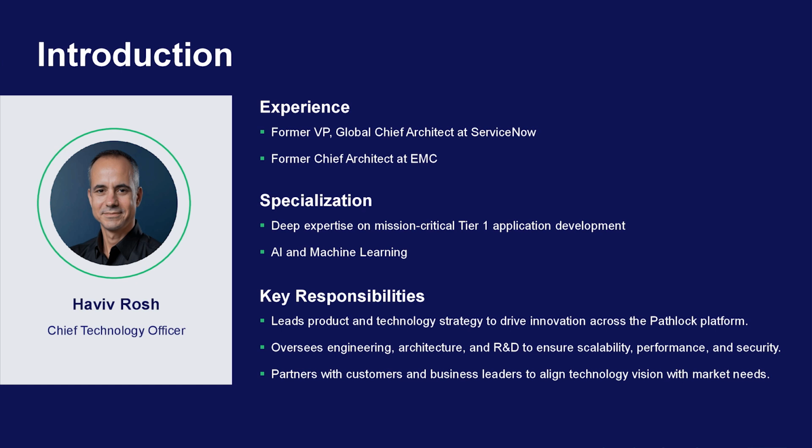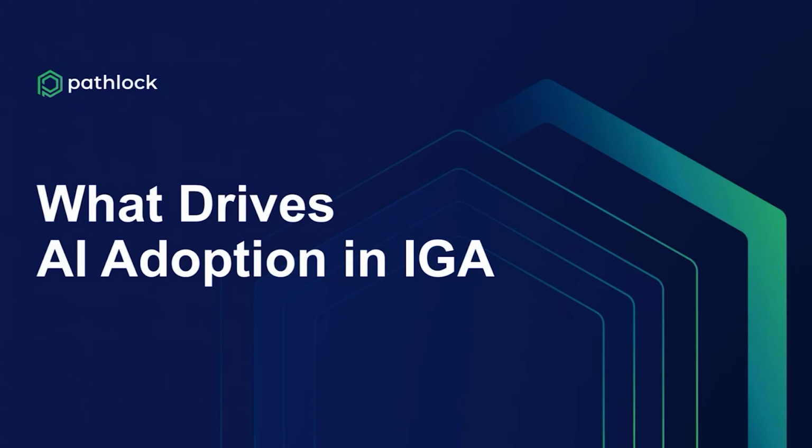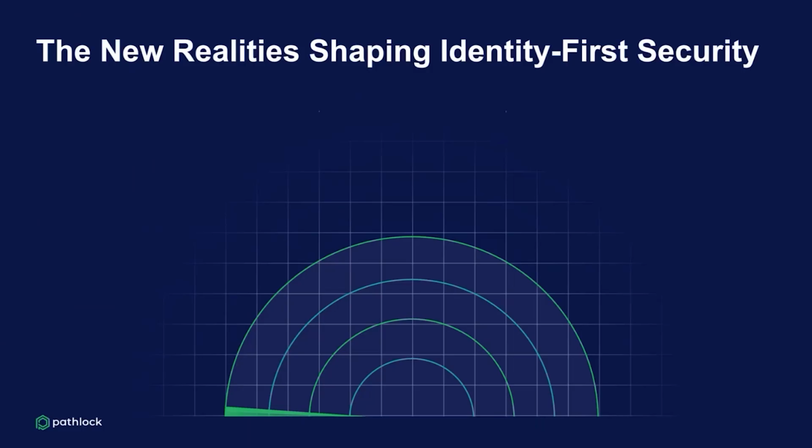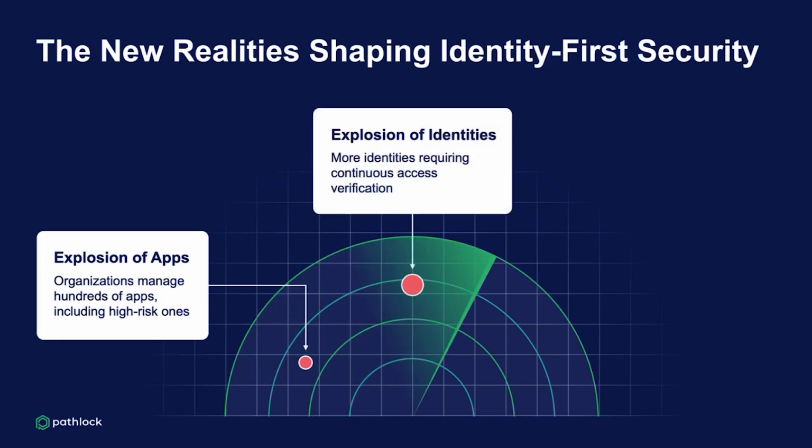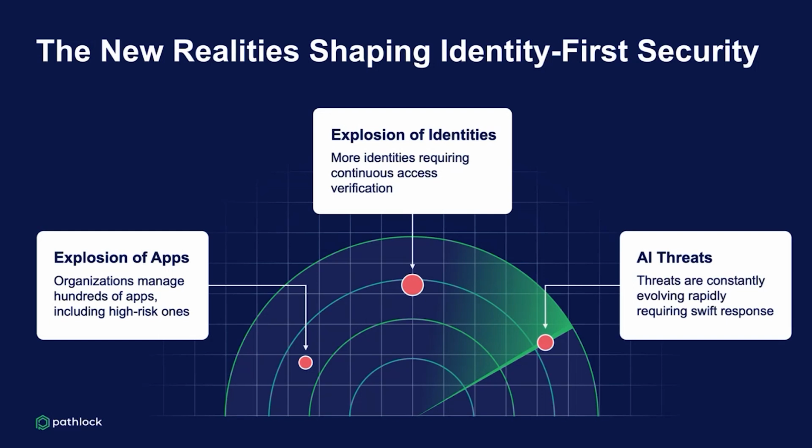So let's start maybe with talking about what drives AI adoption in IGA. The identity management space in the last few years has gone through massive transformation. There is an explosion of applications, with organizations managing hundreds of different SaaS applications. Maybe 20 years ago, a traditional enterprise had maybe 4 or 5 different applications. Nowadays, with SaaS, you have hundreds of them, and each one has its own user,